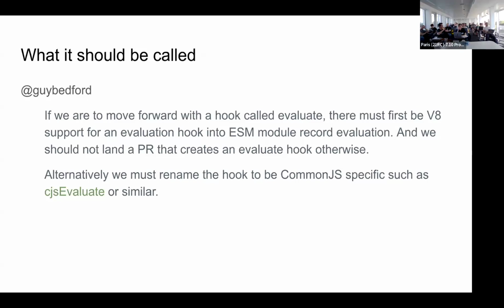I want to respond and also ask a question. Regarding the V8 support for it, it sounds like the spec will allow some wiggle room. So it sounds like it is possible. If that is the case, is it likely that we will get it? Because if both of those things are true, then I think